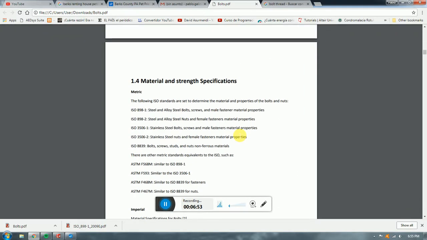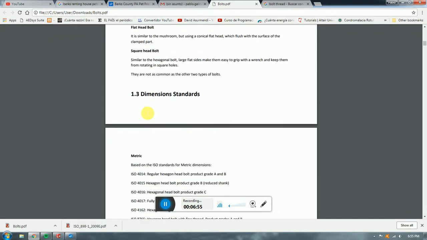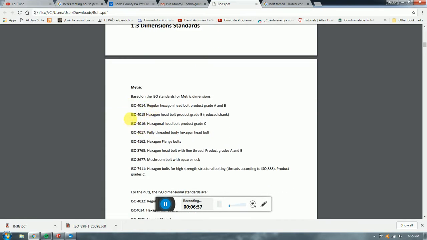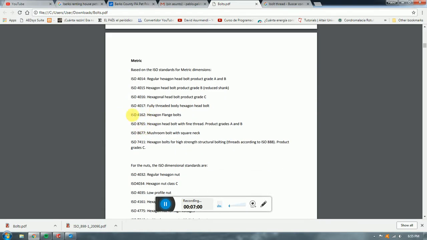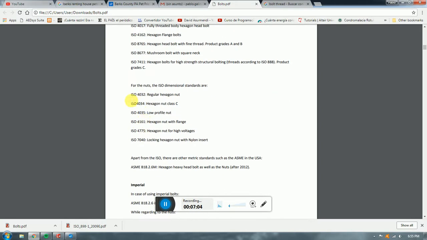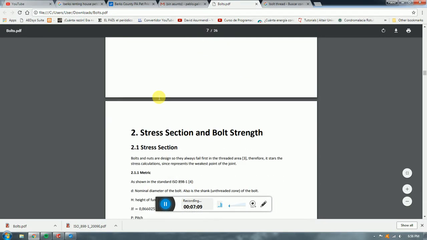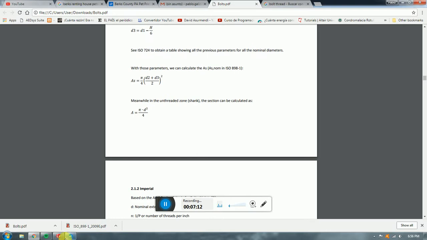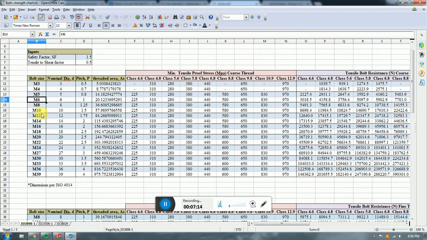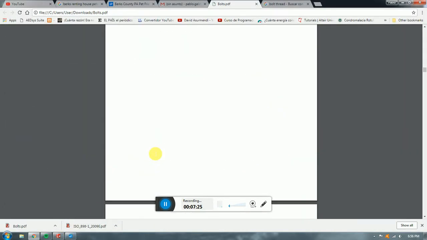In any of those dimensional standards that we have here, the ISO 4014, 15, 16, 17, 8765, all these ones, also for the nuts, okay? These ones are going to tell you something very similar to this. You're going to have the bolt size, which is the nominal diameter, and then they're going to tell you the pitch. Okay, each one of these is going to have the pitch. The only exception is going to be the ones such as